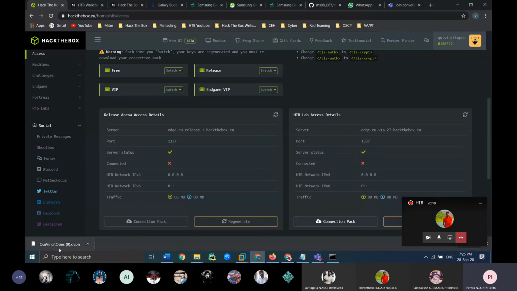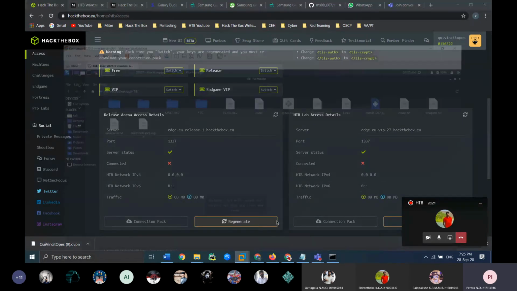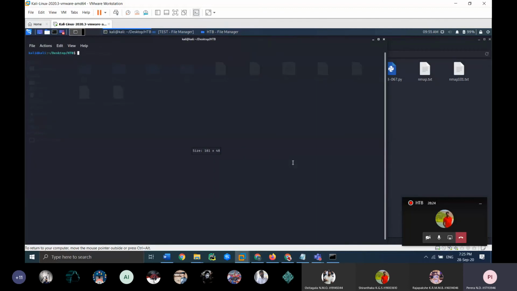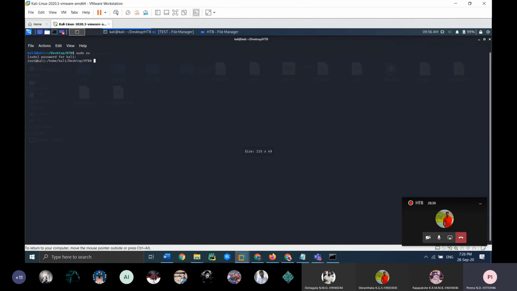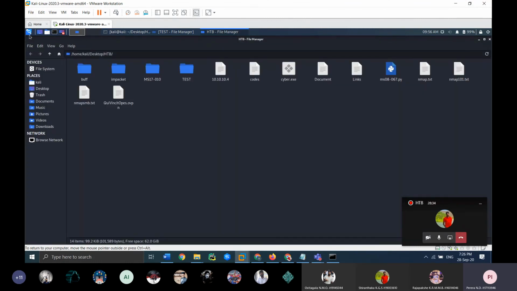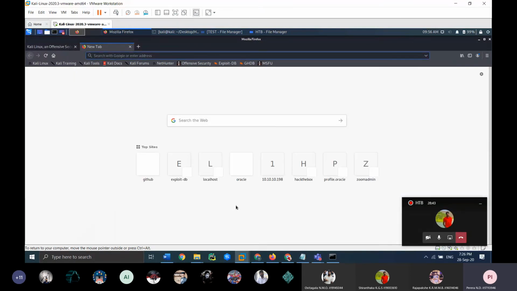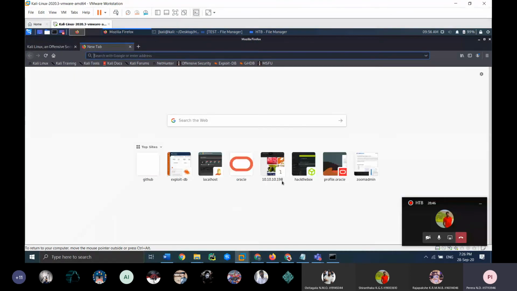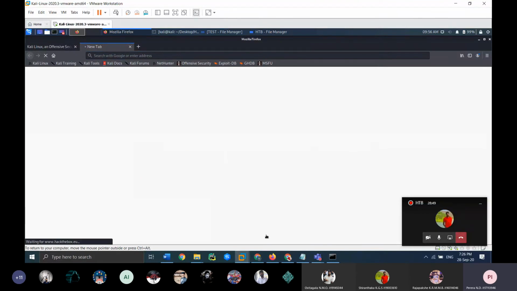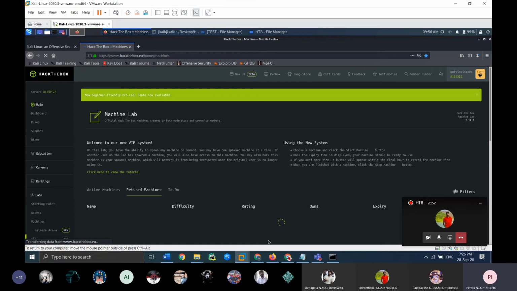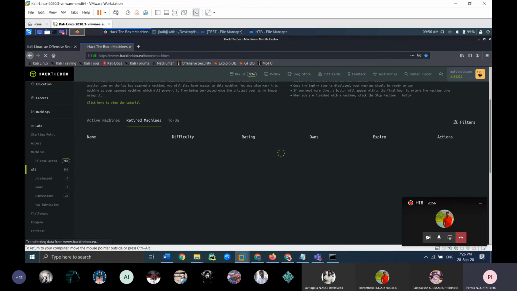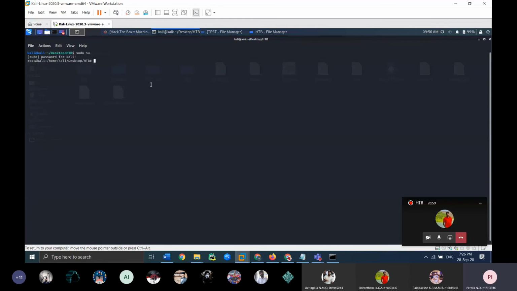This comes in the format of OVPN in order for you to connect to the Hack the Box site. So you go, so you will be typing